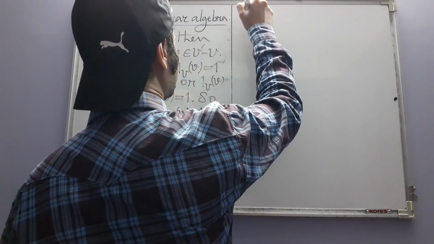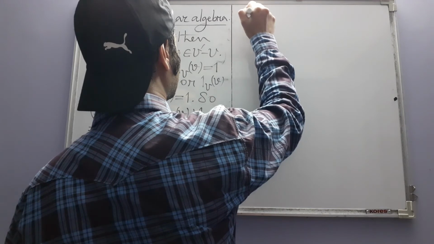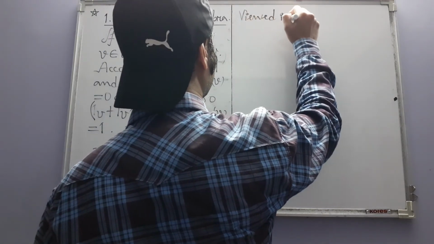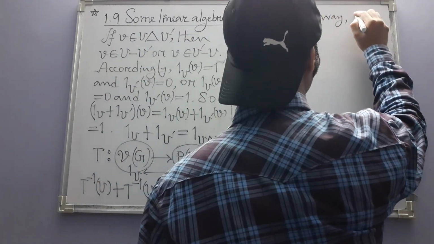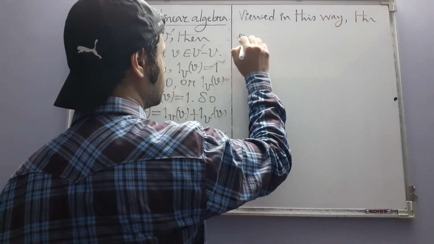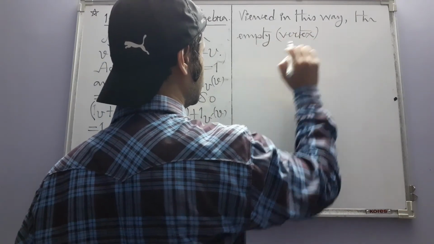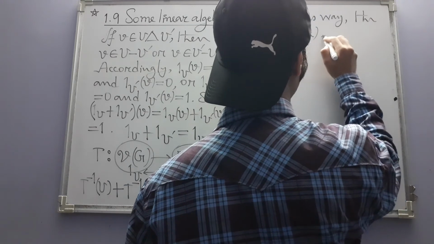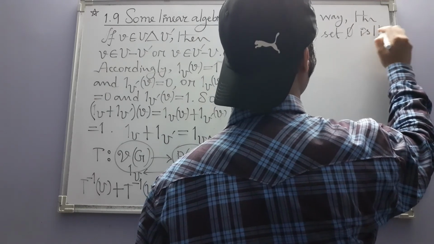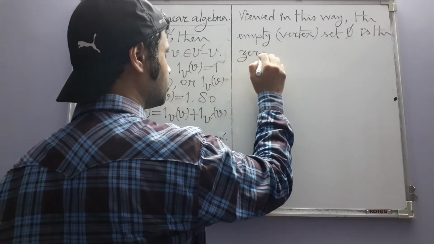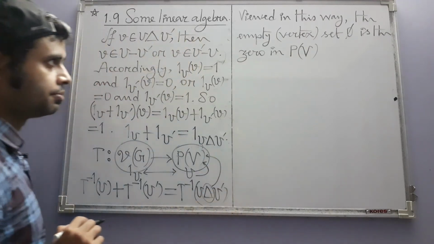Viewed in this way, the empty vertex set, the author writes, because we are treating it as a subset of V, is the zero in P of V,